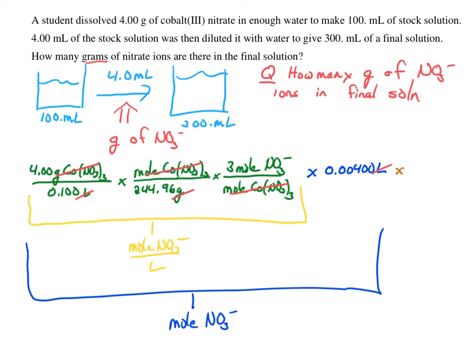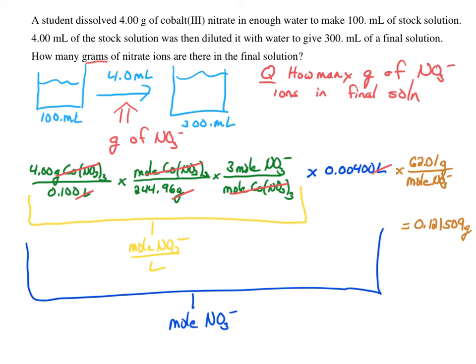So now we can simply multiply by the mass of 1 mole of nitrate units, and that's 62.01 grams. All right, so our final answer comes out to be 0.121509